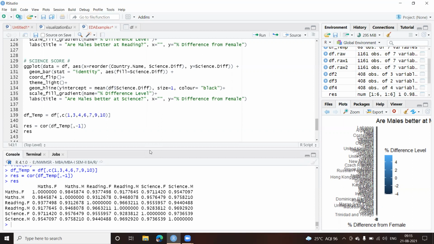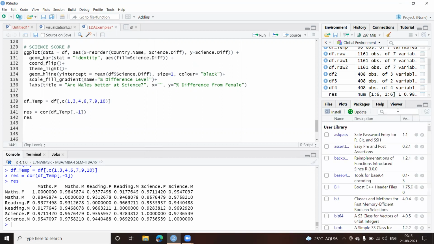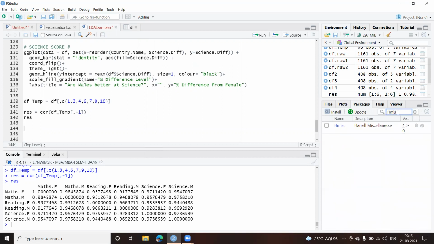Now to get the p-values, first of all, you need to install one package, which is Hmisc. Let me check whether it is there first. So we'll go to packages here, and we'll search for that package. It starts with Hmisc. Okay, this is your package. So I need to include this.